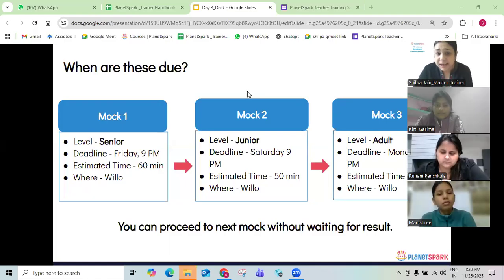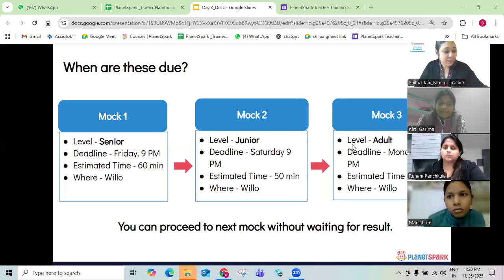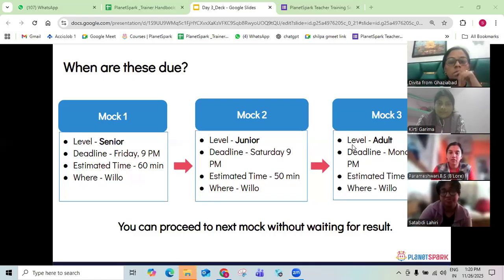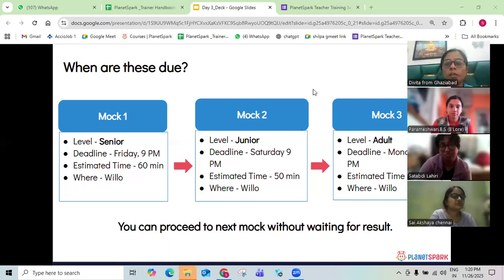So after attending tomorrow's training session, you can attempt your mock 1. You can also attempt your mock 2. But can you attempt your mock 3 tomorrow? Yes or no, and why? Please raise your hand and do let me know. Can you attempt your mock 3 after the training? I'll teach you how to interact with the parents. But will you be able to attempt mock 3, Divita? Because we have still not got the training and